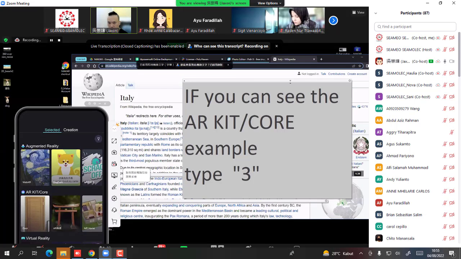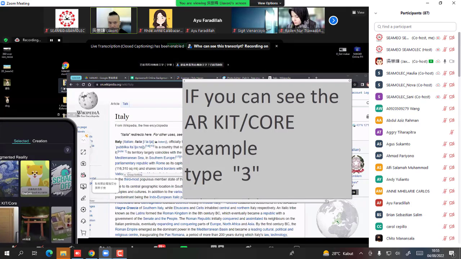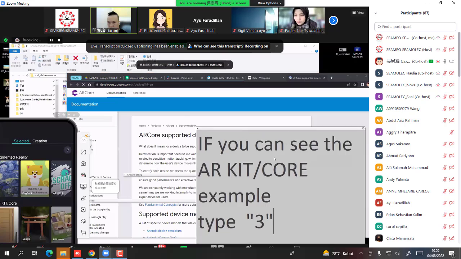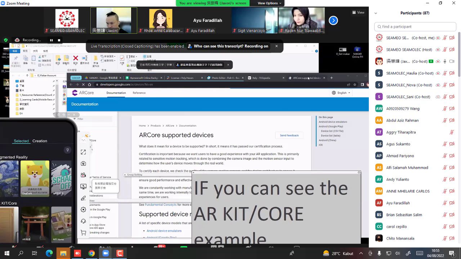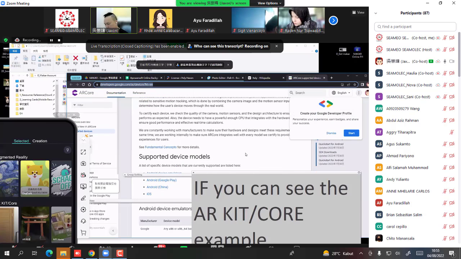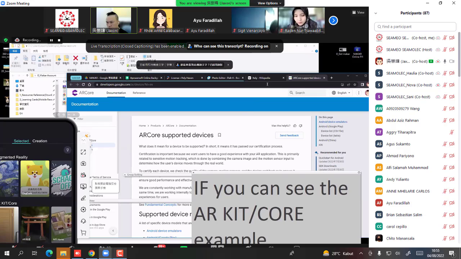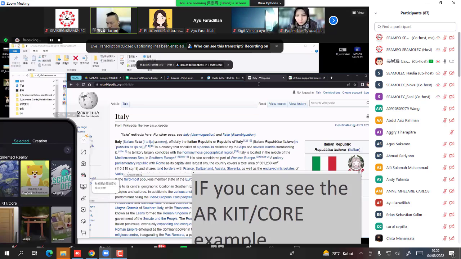The website we have given to you in the folder here lists the supported devices, but the list is not upgraded every day. If you use the MAKAR and it pops out not supported, that's okay. But if you want to buy a new phone, my suggestion is you can search